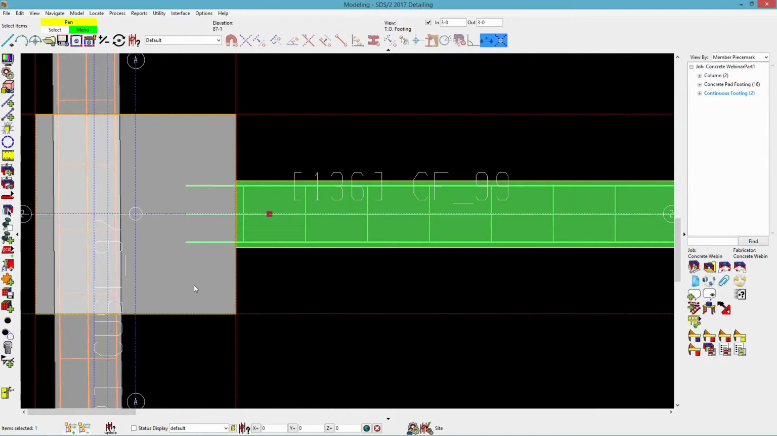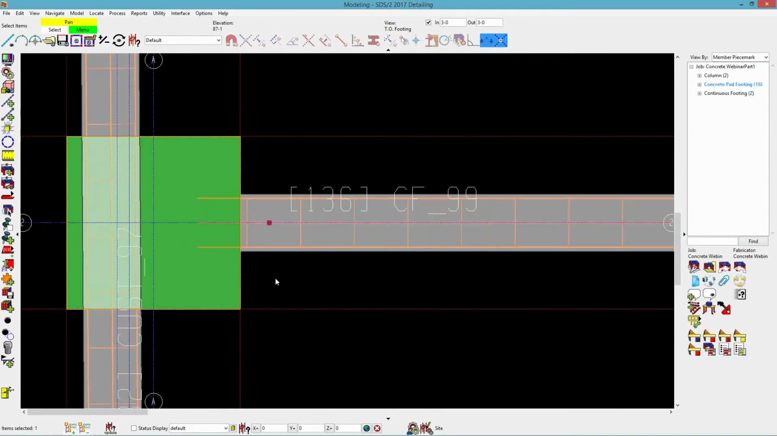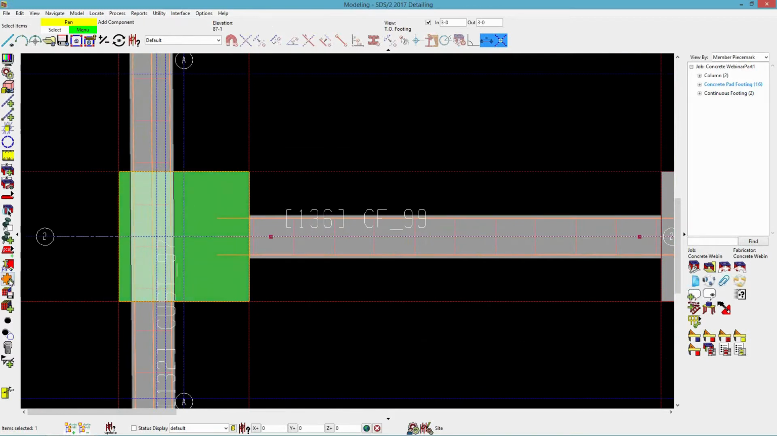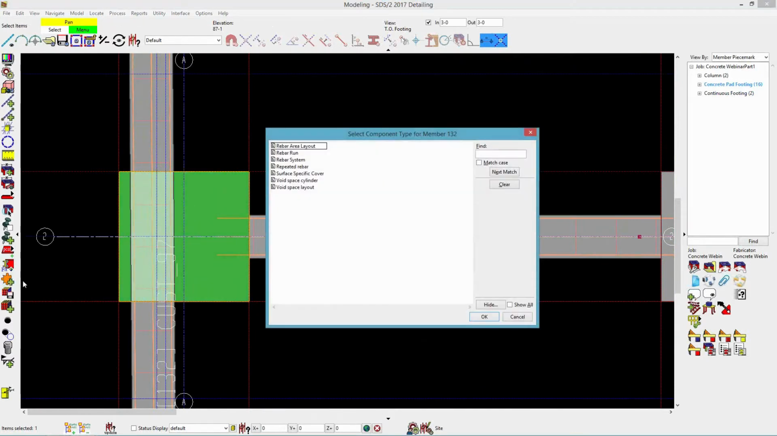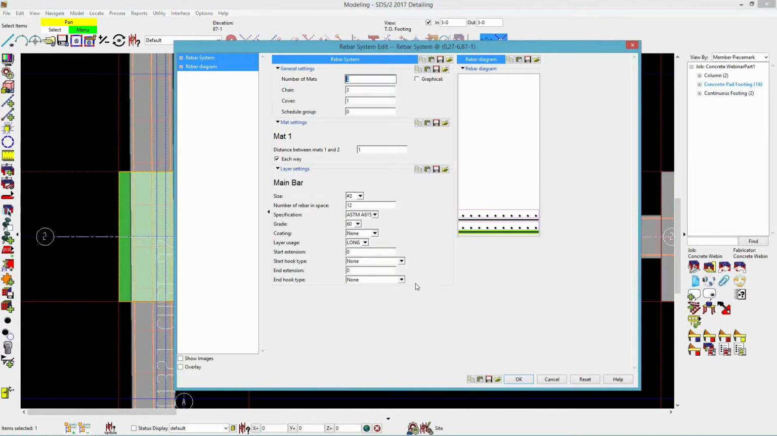So what I'll do here is add a component to be able to add the rebar. I'll select the pad footing here, and then I will do component add. With component add, I'm going to use Rebar System to add it to this pad footing here. So I'll select Rebar System, go ahead and click OK. Okay, so in my Rebar System edit screen, I've got my option of